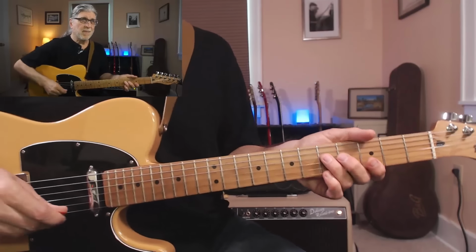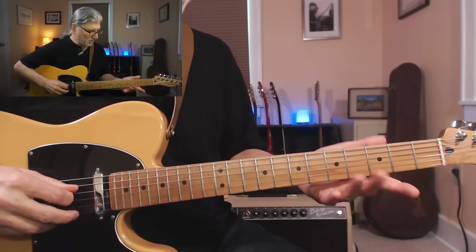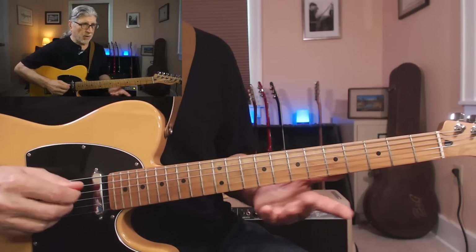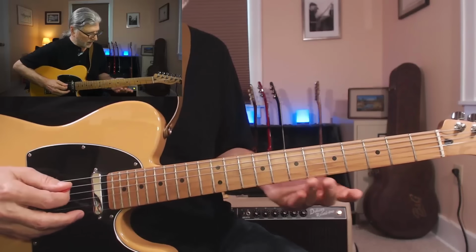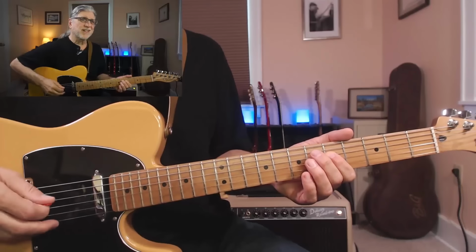Now here's the crux of the method. We're going to take this and we're going to figure out where to play it starting with that G note. So we have to find another G. Now if you already know the notes on the fretboard, you're done. This is really simple. If you know the octave trick, for example, you know that there's another G right there. If you don't, however, don't despair, because what we're going to do is we're going to do this by ear,